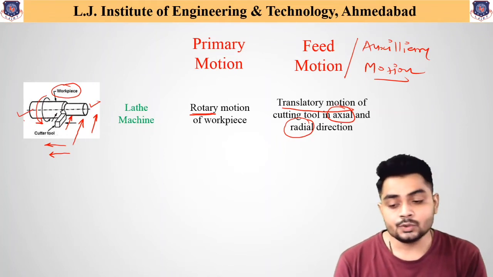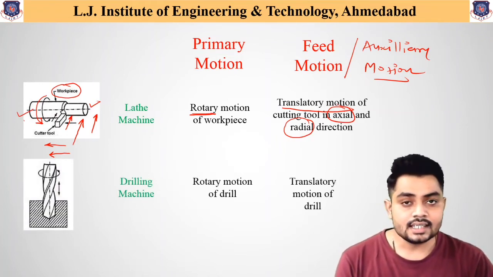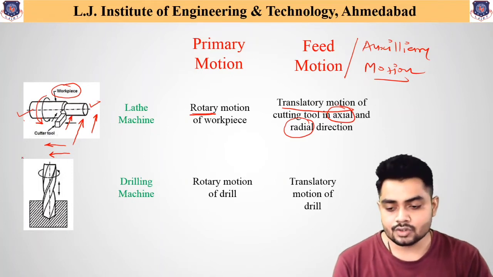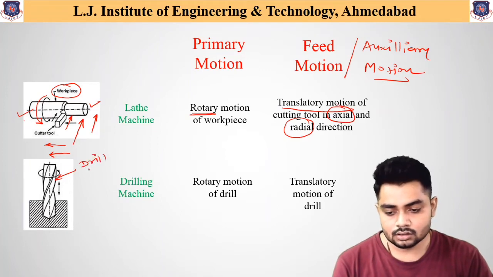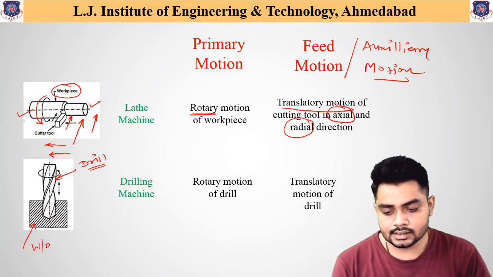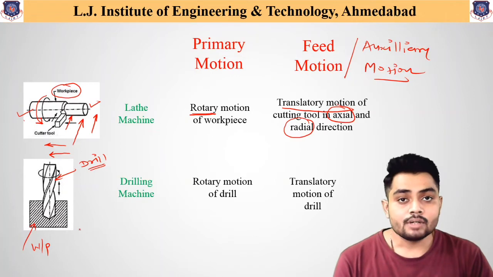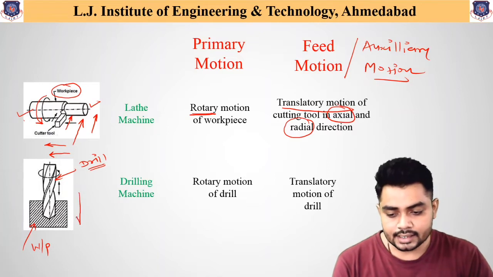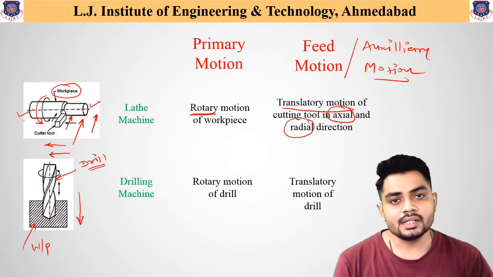Now the second machine tool is the drilling machine. In the case of the drilling machine, similarly you can see over here the first and foremost requirement is the rotary movement of the drill bit. Here you can see this is the drill, and the bottom part shown over here is the workpiece. Our primary requirement is to hold this particular workpiece, and then the rotary drill bit moves towards the workpiece and starts generating a hole in this component.